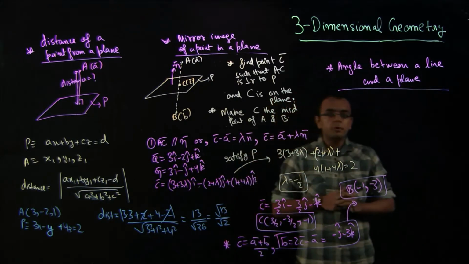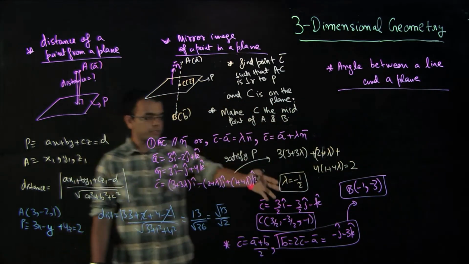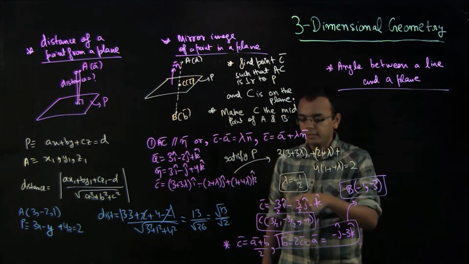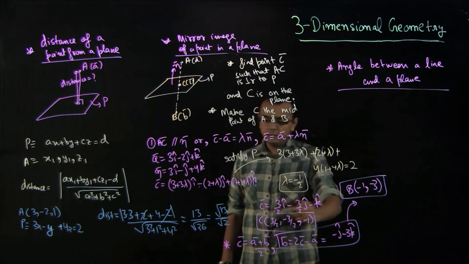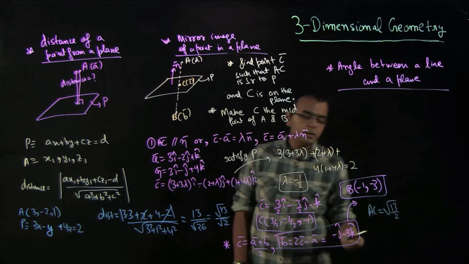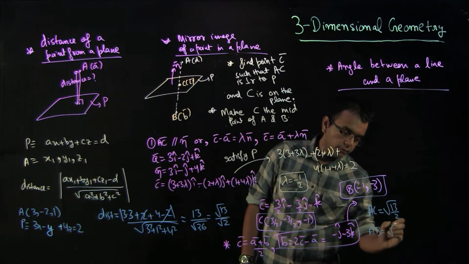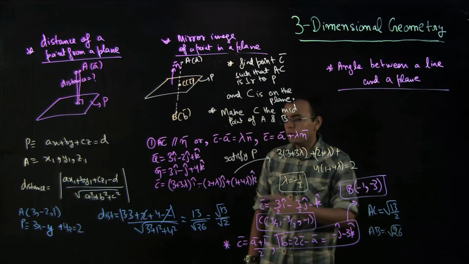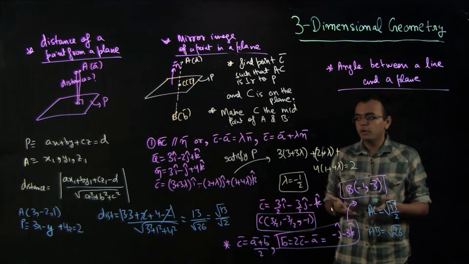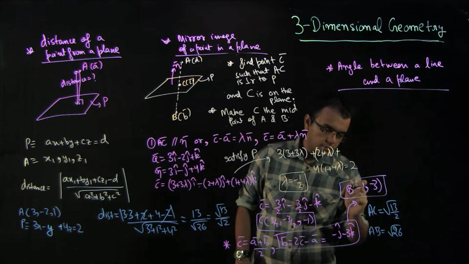Okay. Now there is an important thing here to note, that we found the distance using this formula. We can cross check the distance of AC. AC should be root 13 by 2, and similarly you can check the distance of AB, and AB should be square root of 26. You can cross check and you will get the same answer. Sorry, this B was 0 comma minus 1 comma 3, my mistake.